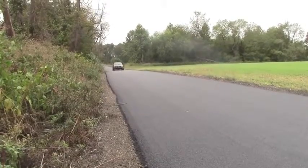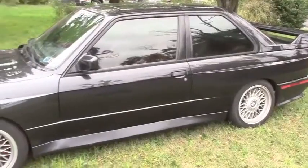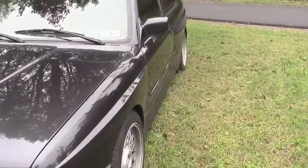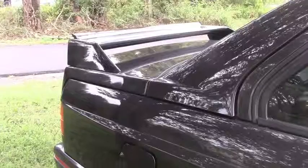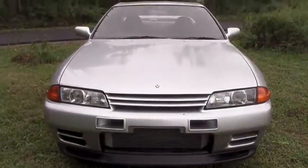And then BMW and Nissan independently had a bright idea. To take one of their standard models, flare the fenders, add a wing, put a little more power under the hood,